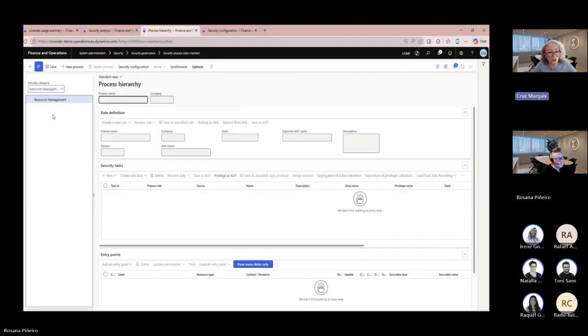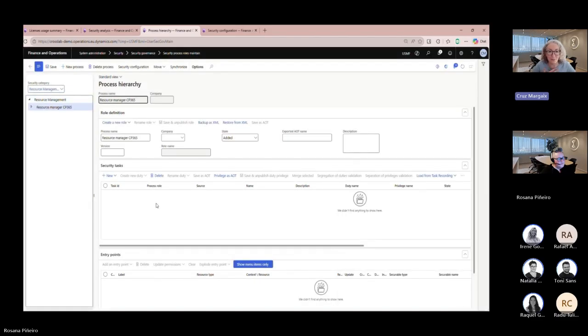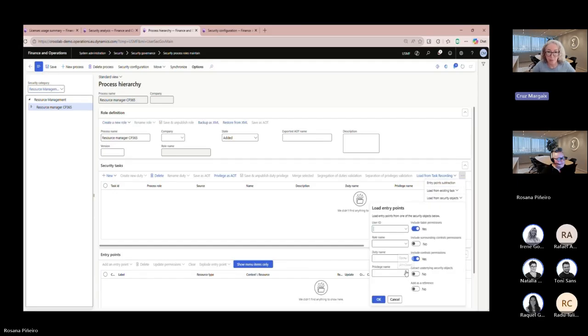So with that information, I can come back to this screen we saw before and create a new process, a new resource manager privilege, right? A custom one. And then I can bring the configuration from the object.